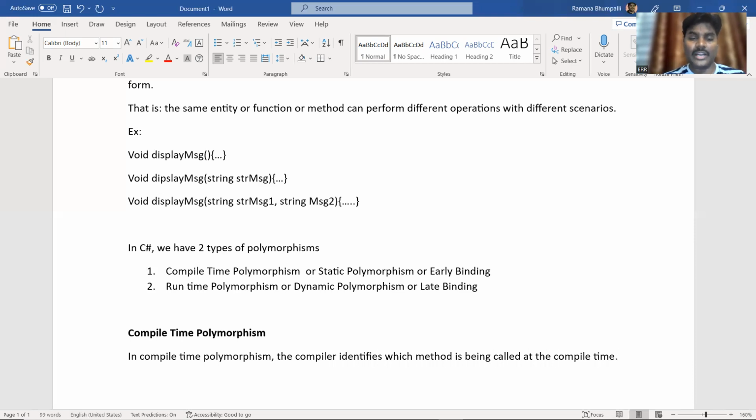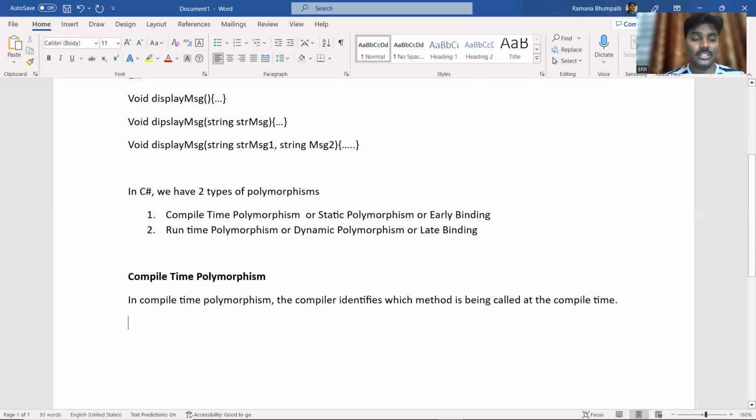So while you compile your program, it is going to identify the specific method to be used. Okay. So in C#, we can achieve this compile time polymorphism